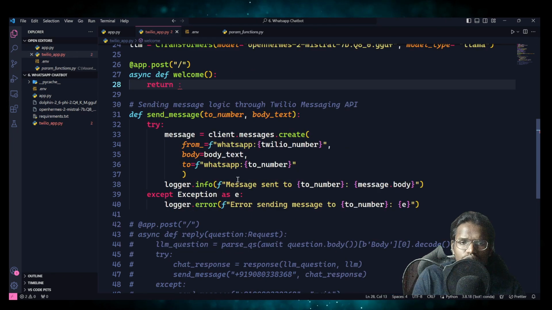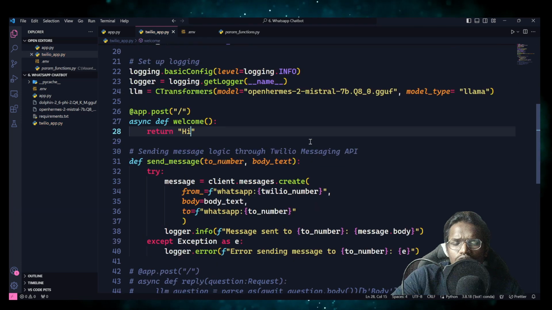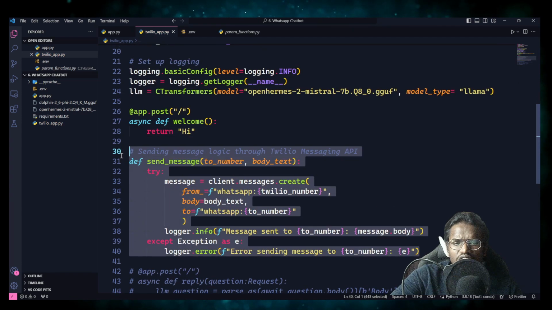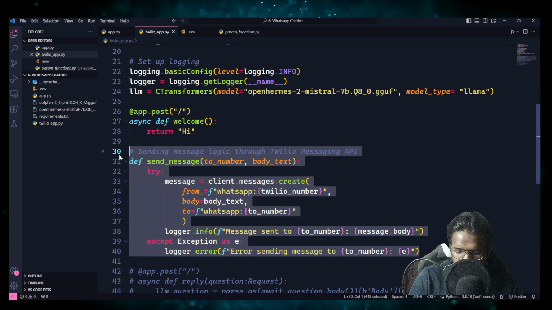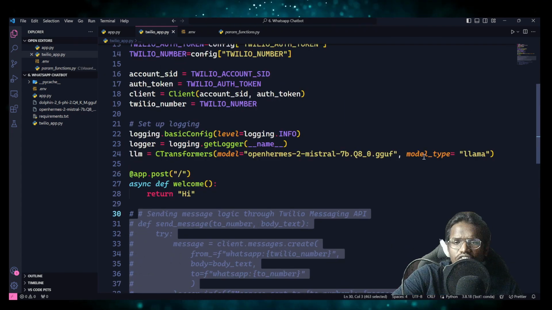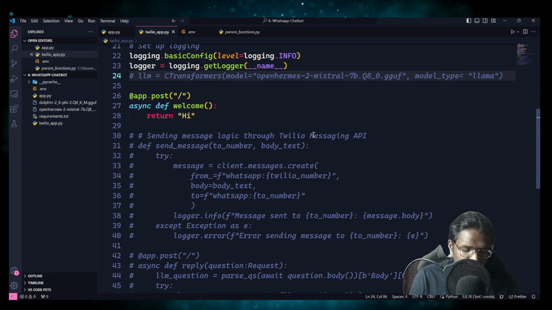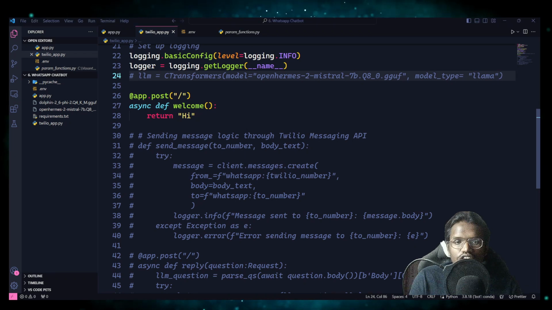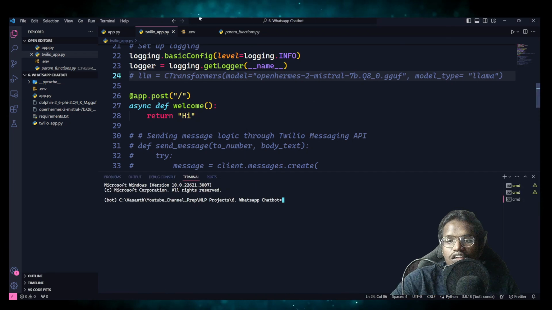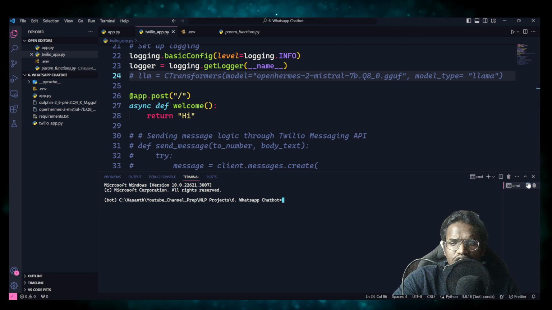Okay, so that is what we are going to do in this. Initially you don't need any of these functions, so you can just comment them out before I give them. So what you need to do is, once you have installed your packages via requirements.txt, like I said, the